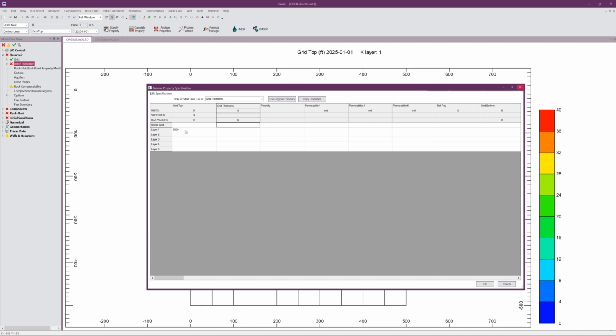Then I can populate the grid. If I give a value here for the whole grid, every layer will have the same thickness, but I can also assign different thicknesses to different layers. I will stick to every thickness being 10 feet. Then the same for porosity, permeability and direction X. For the porosity I will populate for the whole grid